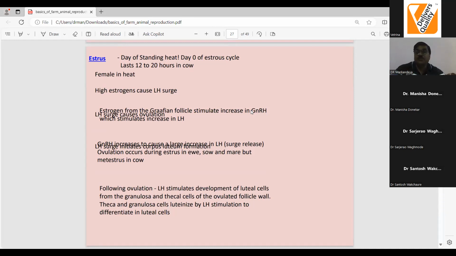In case of estrus, the duration of the estrus is different in different breeds. How much is the duration of the estrus is the responsibility of the owner to record. The owner is expected to record the duration of the estrus. Detection of the estrus is the responsibility of the owner, please remember. And therefore there are estrus detection aids, estrus detection kits, estrus detection equipments. Everything is related with the detection, and the detection part is part of the owner and his management.